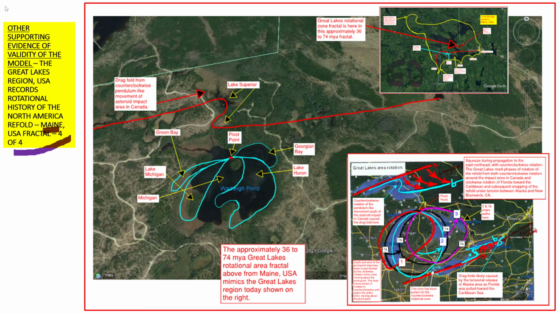So again, we have a lineation that's shown in red. Lake Superior ended up at this dragfold region here that I'm highlighting. I say dragfold from counterclockwise pendulum-like movement of the asteroid impact around area in Canada. And there's that pendulum-like movement right here that I'm highlighting. And again, Lake Superior is here. So